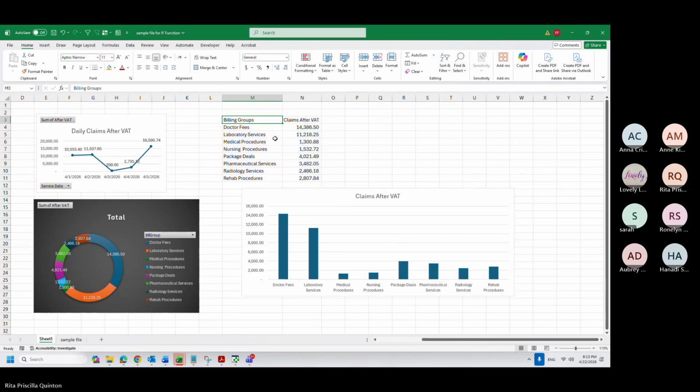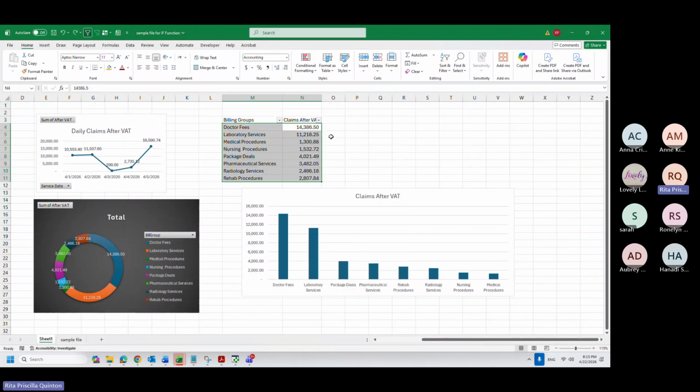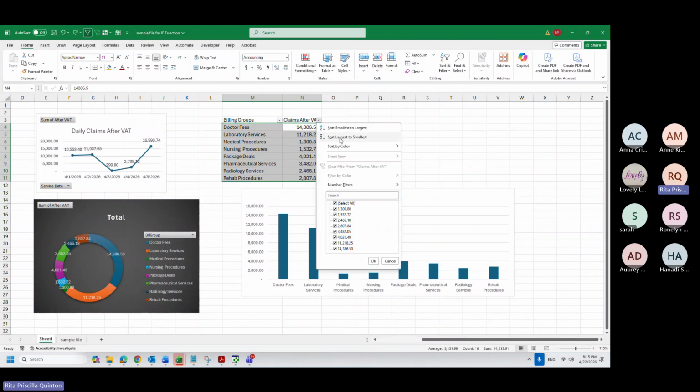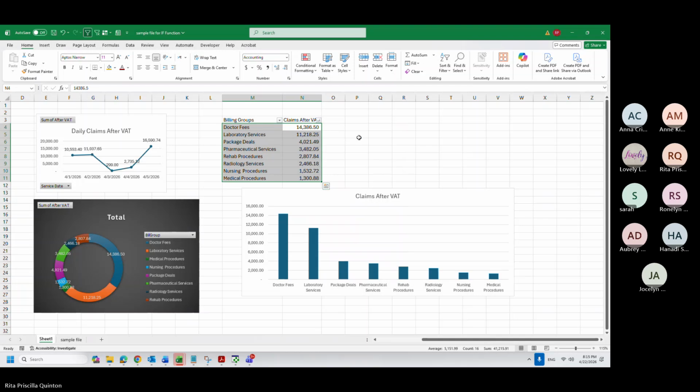So we can sort it by largest to smallest. When you sort it, it will automatically affect your chart, largest to smallest. So now it looks better for me.